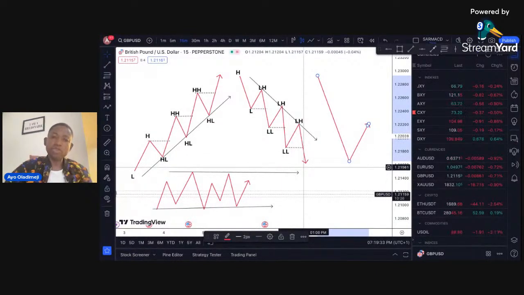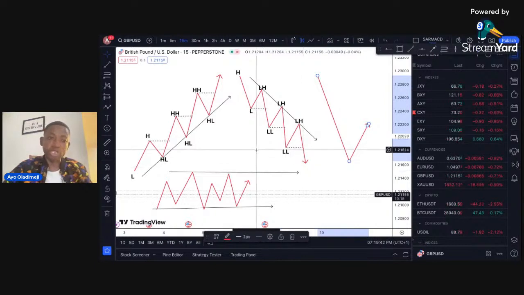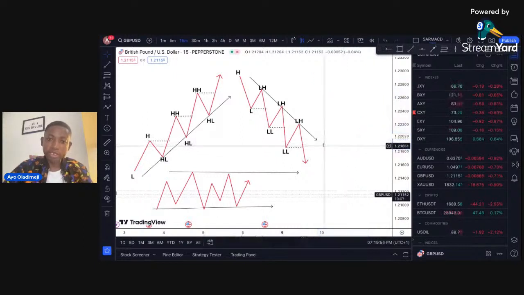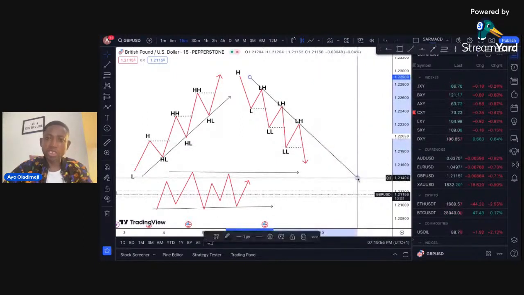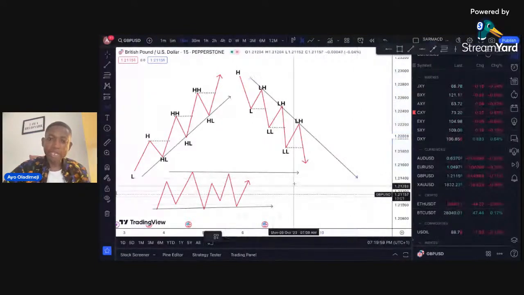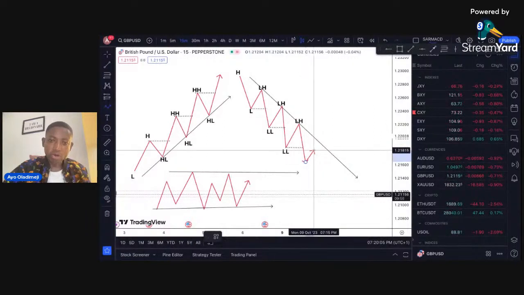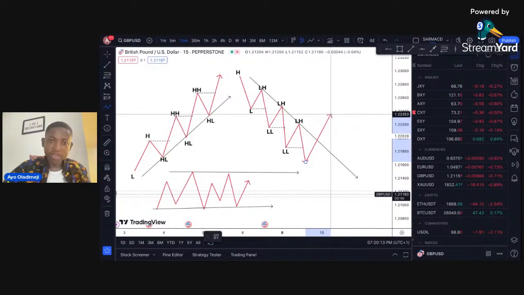Okay, so when we get to the real chart, you will see that it may not be as basic as what I have drawn here, but the truth is the principle is the same. In a downward trend, there has to always be a low, a high, a low, a high. Now, when there are reversals of trend, you are most likely going to see something like this. So price has been in a downtrend, and then it comes and breaks this trend line, and at the end of the day, breaks this